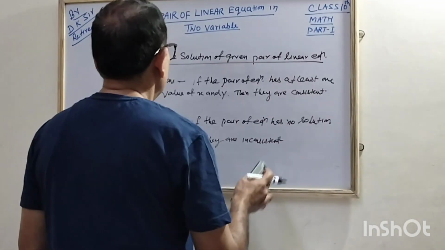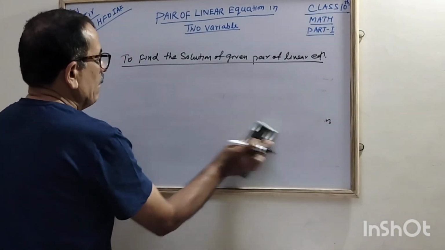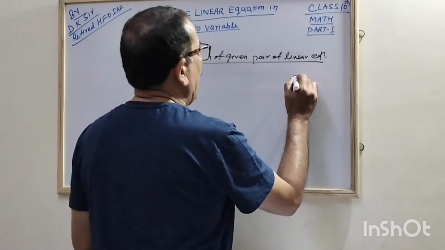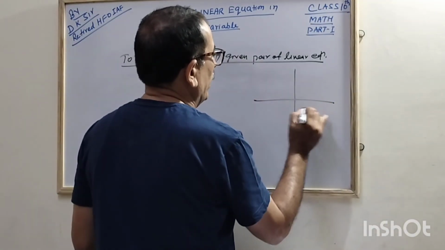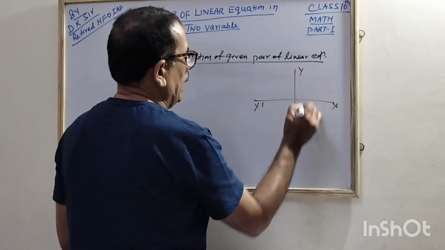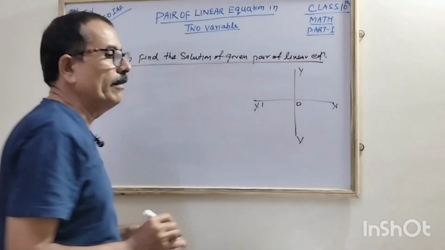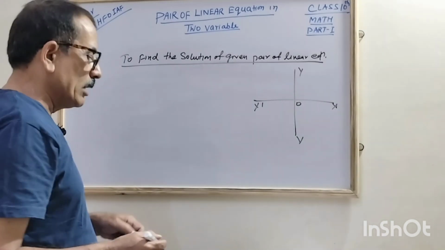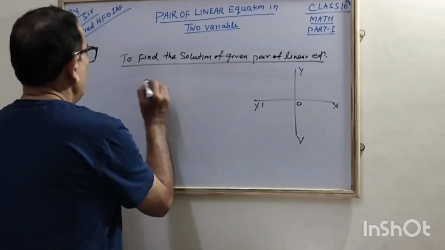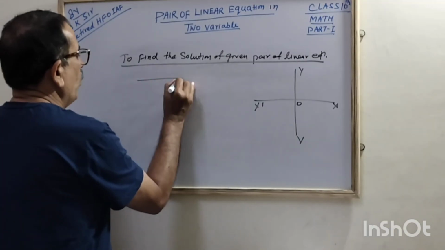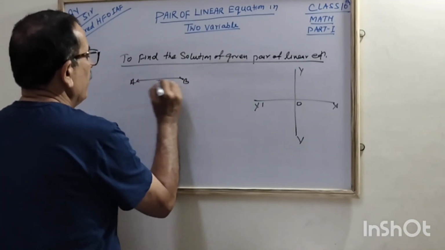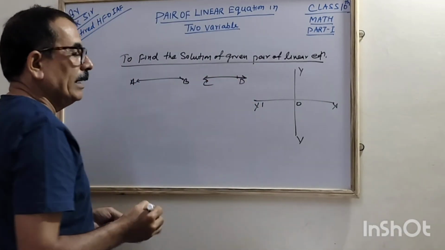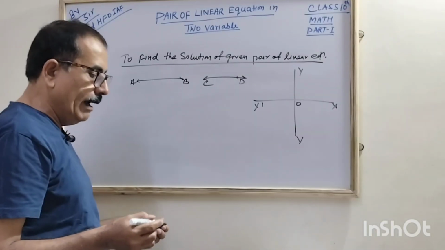Normally, if you have two linear equations, then when you are going to draw the graph, as you know, you draw it in the two-dimensional plane, that is x dash, x, y and y dash. Correct? Since they are linear equations, we will have straight lines. Suppose one line is AB, and with the other equation you get another line, CD. What are the conditions when you draw it? There can be three conditions.